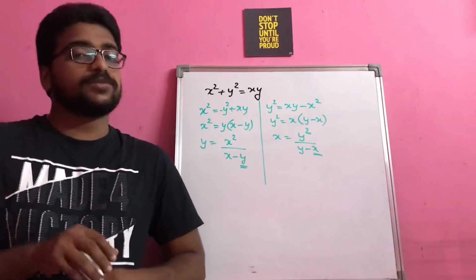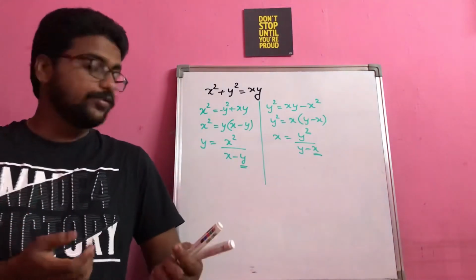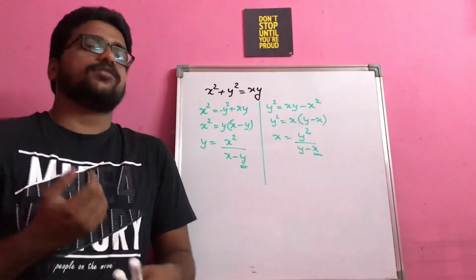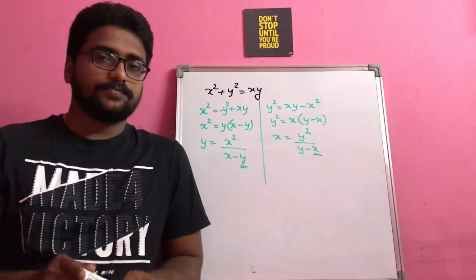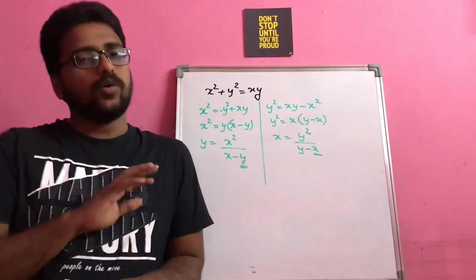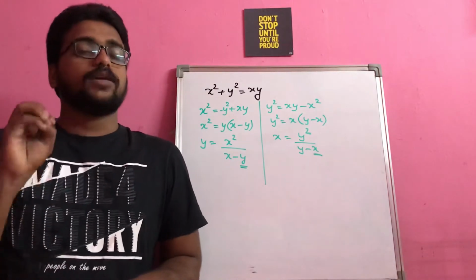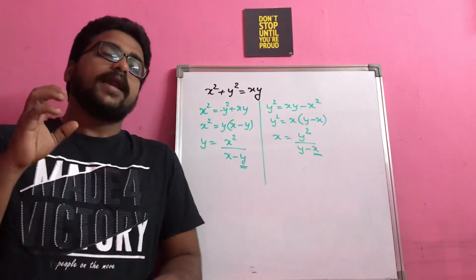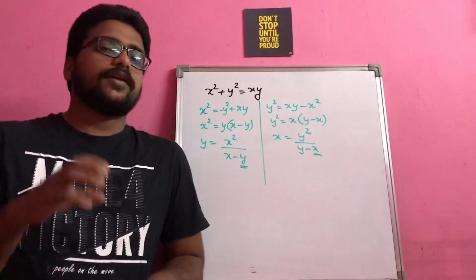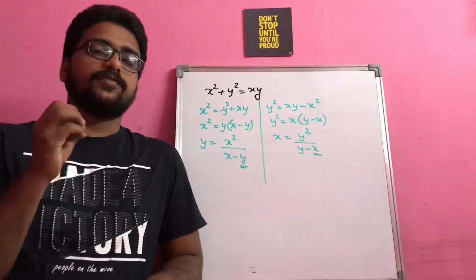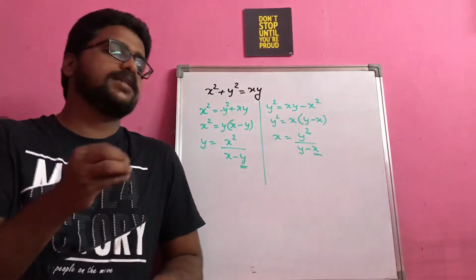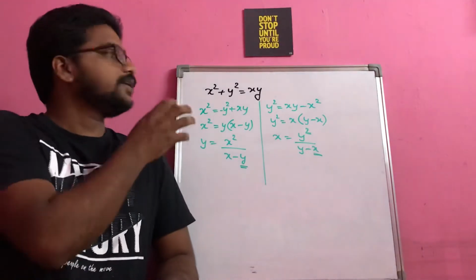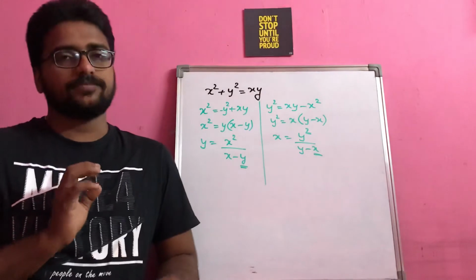Now the question that comes here is, do we really need to find out the value of y or x when we have to find out the differentiation for this? The answer is very simple. No need to find that at all. You can straight away apply the differentiation to the given equation, and according to the question you can find your requirement. If they ask you to find dy by dx, apply the differentiation on both sides with respect to x and then get the value of dy by dx.